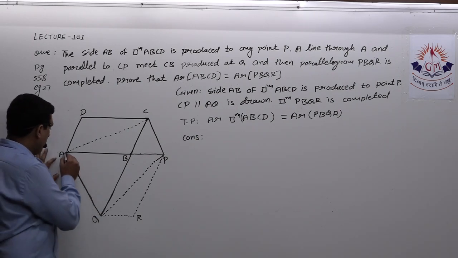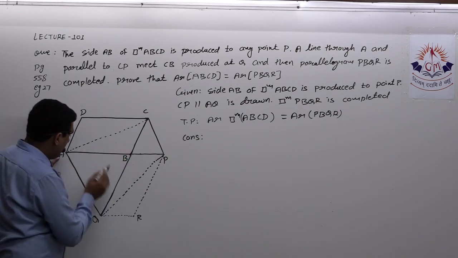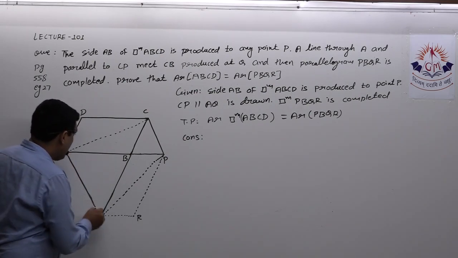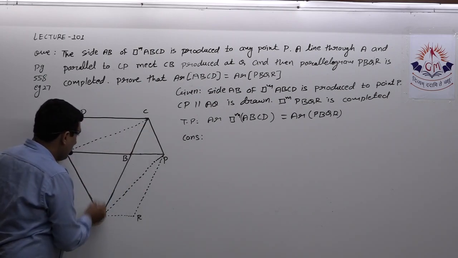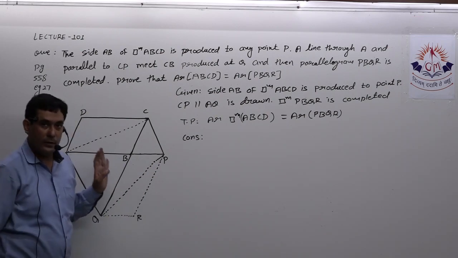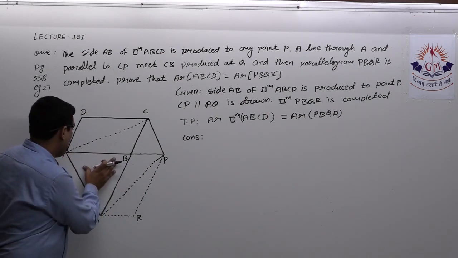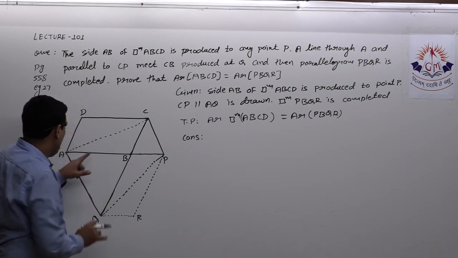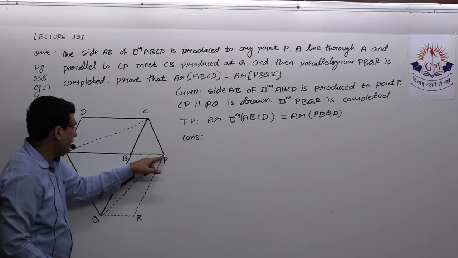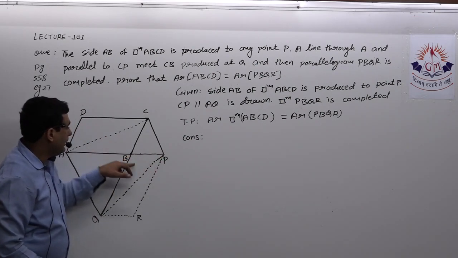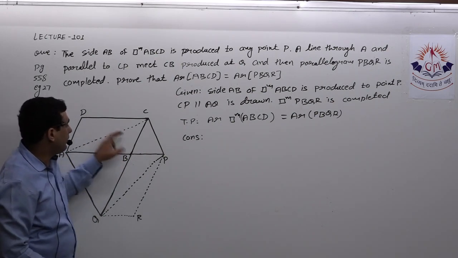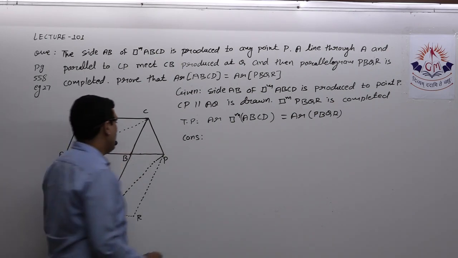Okay, now from this AQC and AQP, if I subtract this AQB, these two triangles are equal in area because they are on the same base and between same parallels. Now if I subtract this common area from these two, I will get area of triangle ABC is equal to area of triangle PBQ, and these two are the areas of triangles, said their double will be areas of parallelogram. So we'll get our result.